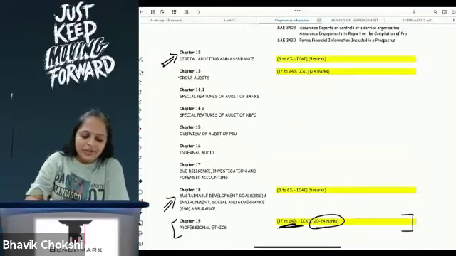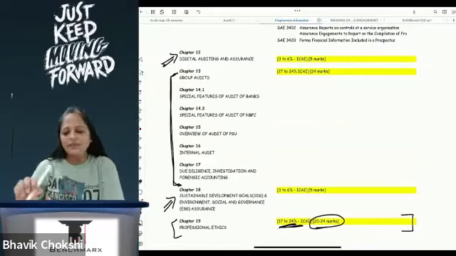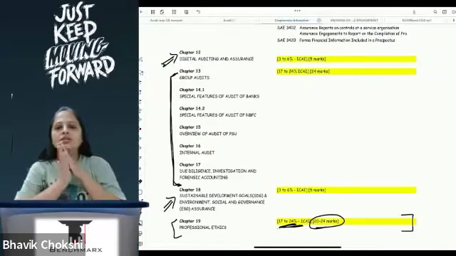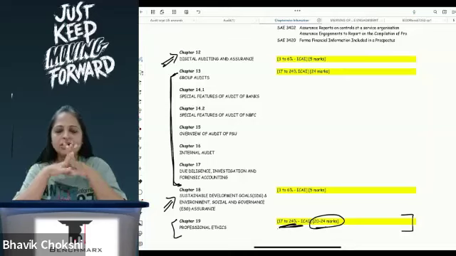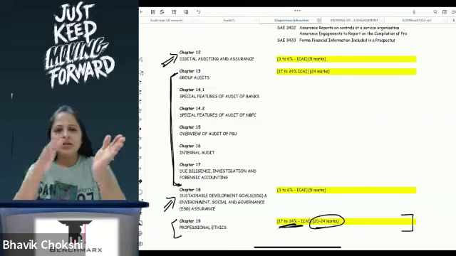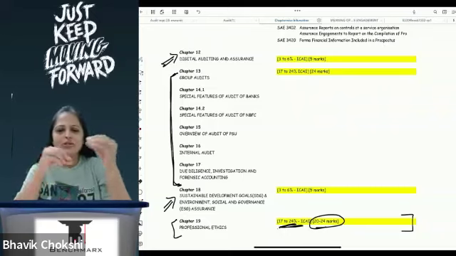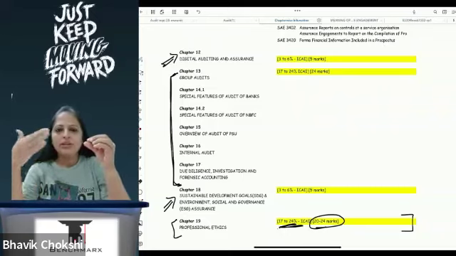And then there are certain other chapters. Now these chapters are, to be very honest, quite vast. They will cover like 300 pages in your module. They are vast, but the weightage is not much from each particular chapter. There'll be like a 4 mark question, and then there'll be like a 1 mark question in your MCQ, 2 mark questions. Something like that. But not everything will be asked.